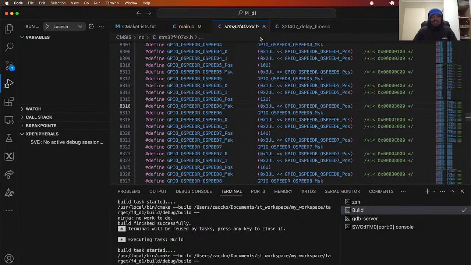Cool. So let's make the speed of the I squared C